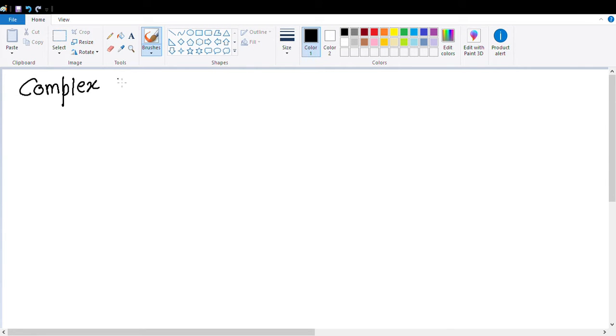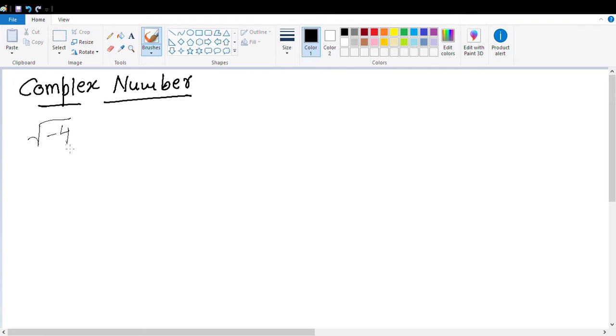So as you have studied before in real numbers, any number which can be represented on the number line is called a real number. Now I am going to tell you about the complex number. Please try to understand. In simple words, if you have any negative number inside the square root sign, then this is called a complex number or imaginary number. Imaginary number means which is not in reality, which is in the imagination only.